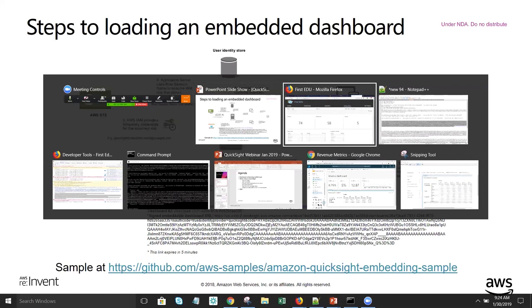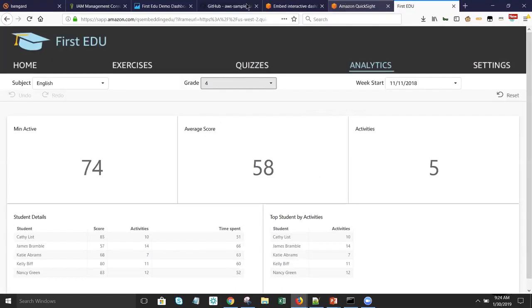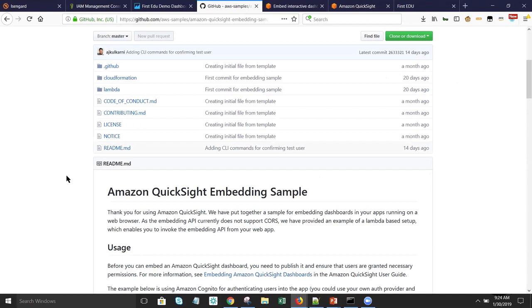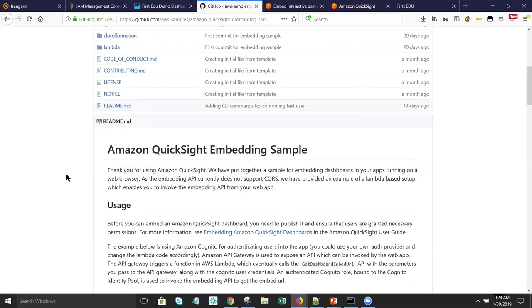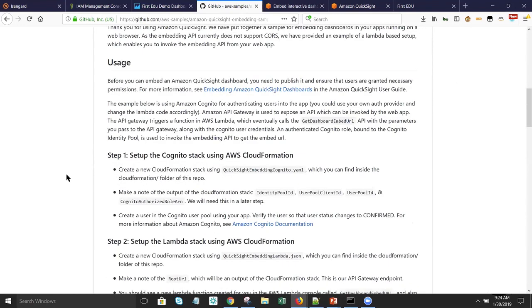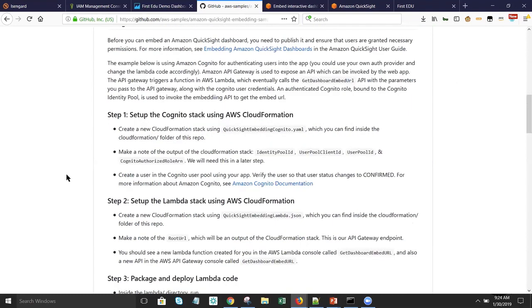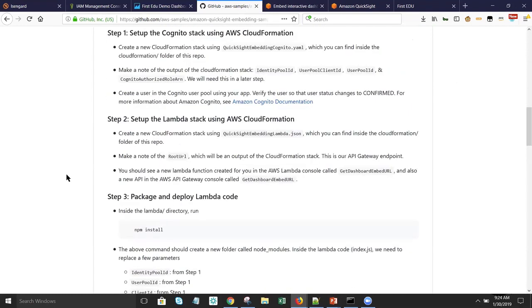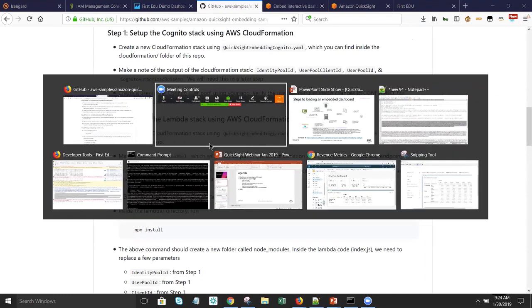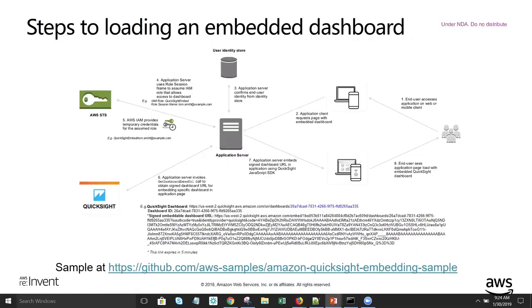Now, what I also want to quickly highlight is that we have on GitHub an embedding sample that takes you through how to do this with Cognito. It's actually a very powerful end-to-end example. So you should definitely try this out if you're thinking about embedding dashboards or visualizations in your application. The link is in here. We can definitely send this to you as part of the chat